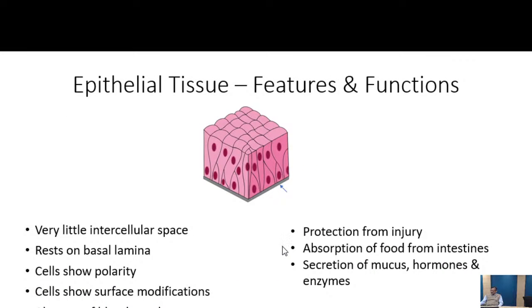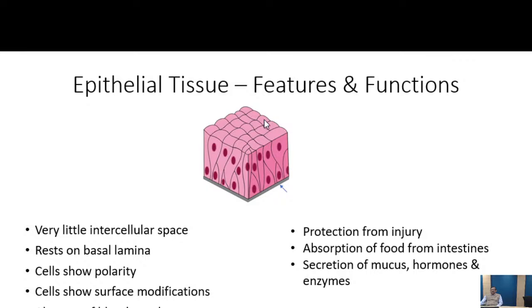So I will start from the epithelial tissue, and I have already given you a very brief introduction of the epithelial tissue. You can see that this is an example of an epithelial tissue, and this epithelial tissue is composed of cells. The cells are very closely packed. Each of these is a cell with a nucleus, and the cells are very closely packed. There is very little